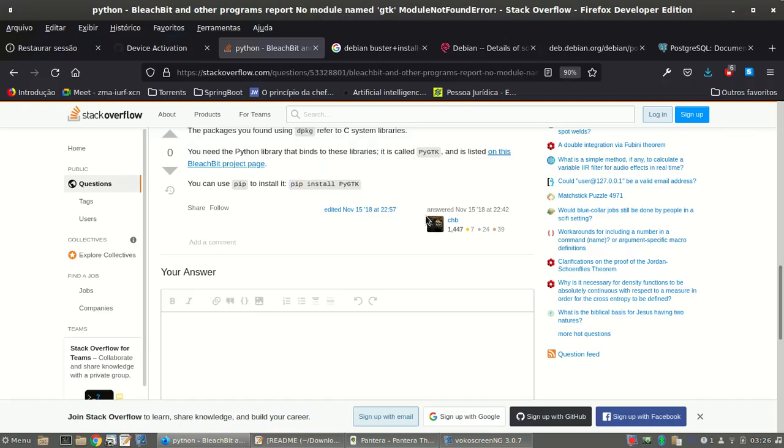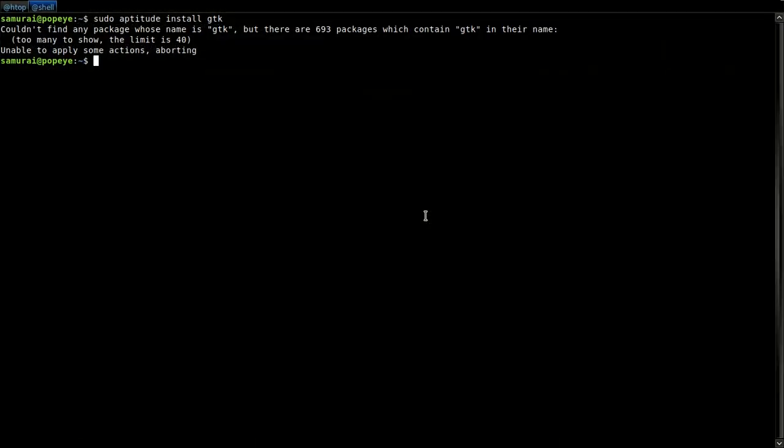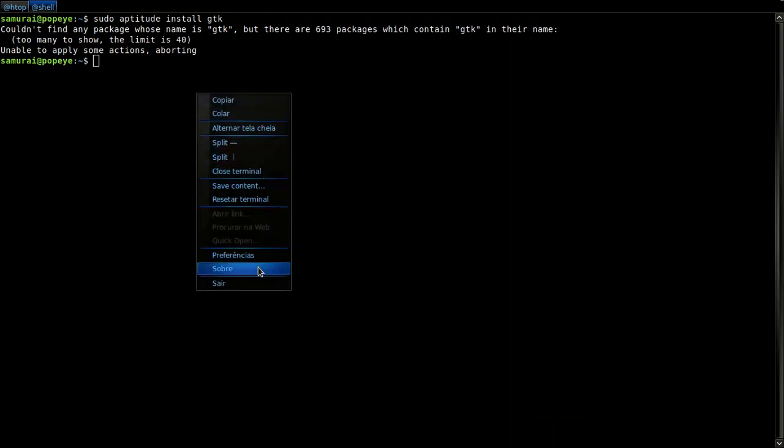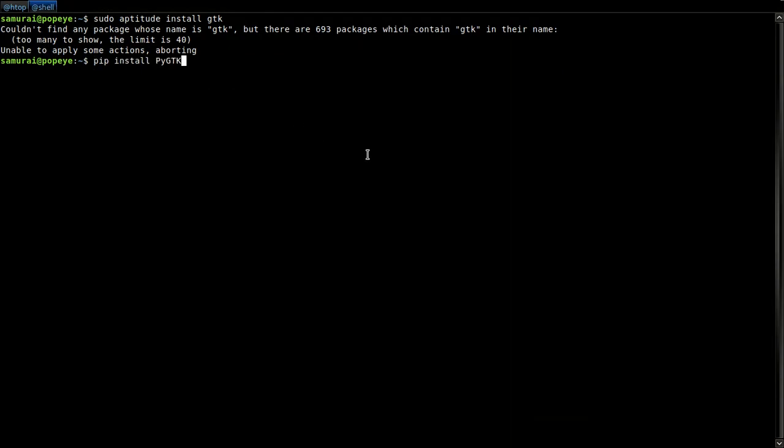Copy, because I am going to be quick. And so I tried to do exactly like that. Paste, pip install PyGTK.